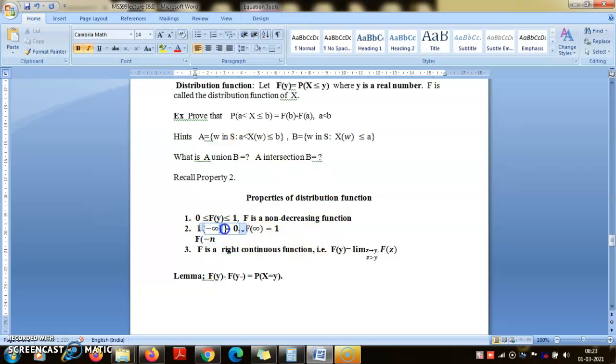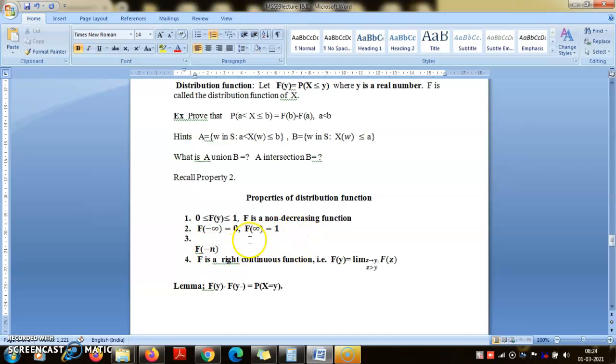Okay, so you look at this sequence f of minus n. What will happen to this sequence as n becomes larger and larger? So this is a bounded sequence between 0 and 1, and f is non-decreasing. So as you increase n, this will also be decreasing. Because why? f of minus n minus 1 is less than minus n. So therefore by the monotonic property, monotonically non-decreasing property, f of minus n plus 1,